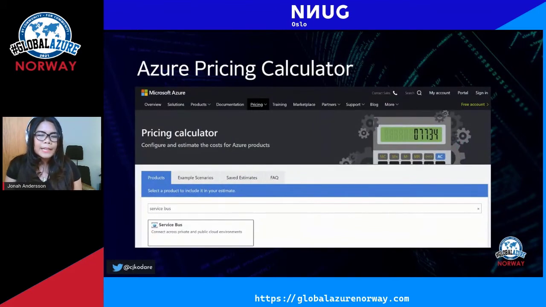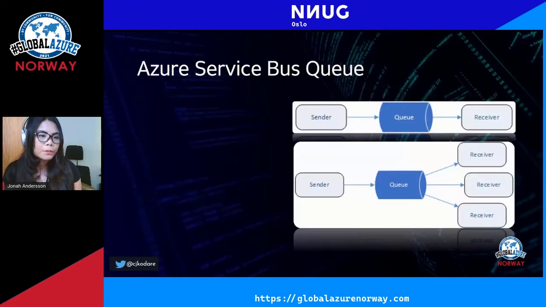And in order to get an idea, or not exactly, but an estimate, of how much you would have to pay for a Service Bus based on your business requirements, I would recommend making use of the Azure pricing calculator, which allows you to estimate and calculate some of your services. You can combine it with Azure Service Bus, or if you want to integrate it with Event Hubs or with Azure Functions, you can calculate it on this site too.